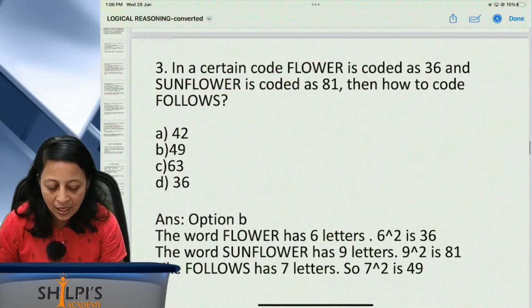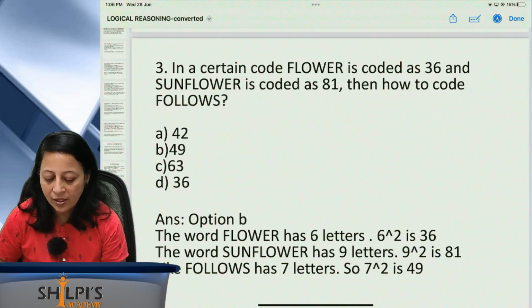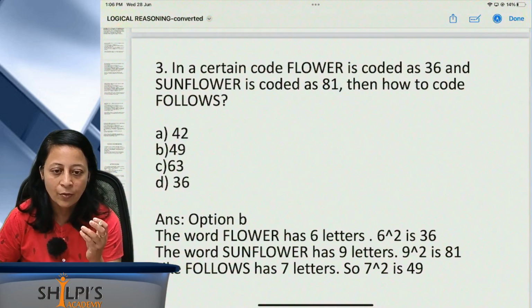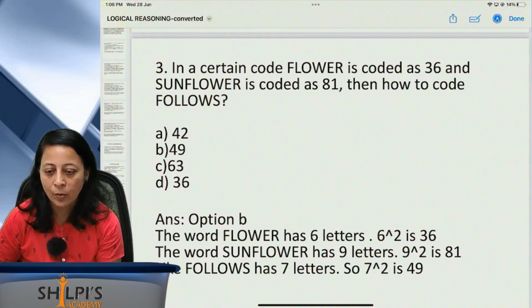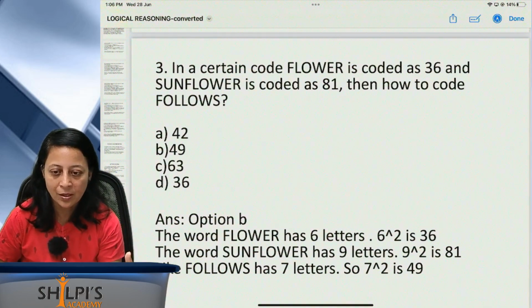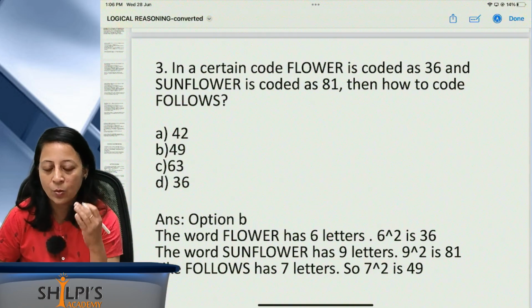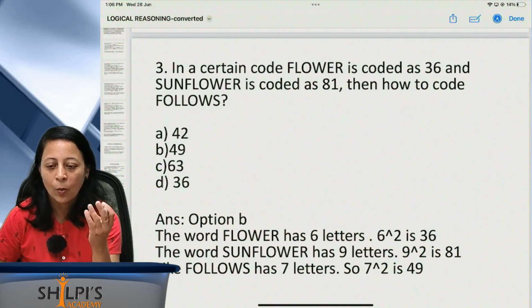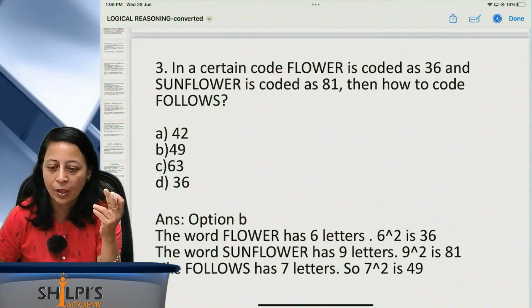Okay, next is, in a certain code, flower is coded as 36 and sunflower is coded as 81, then how is follows coded? Flower, F-L-O-W-E-R, is a 6-letter word, so 6 to the power of 2 becomes 36. Likewise, sunflower is a 9-letter word, so 9 to the power of 2 is 81. So follows has 1, 2, 3, 4, 5, 6, 7 letters, so 7 to the power of 2, 49, will be your